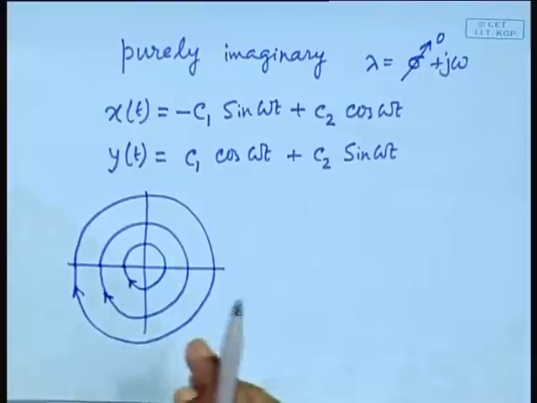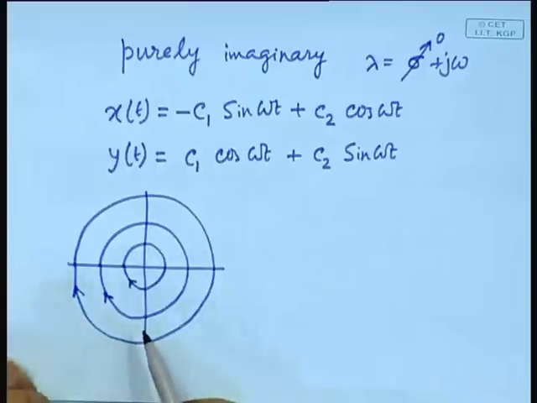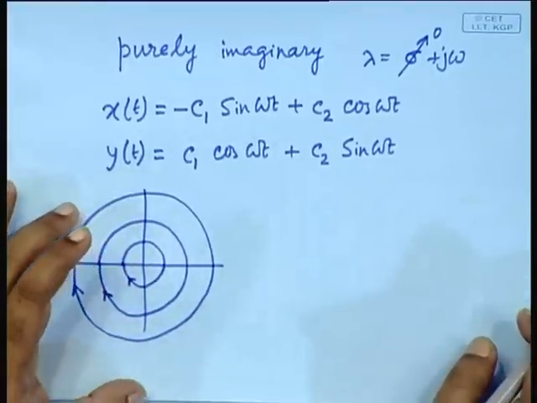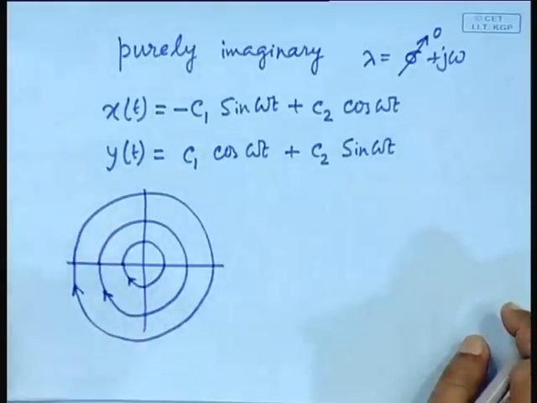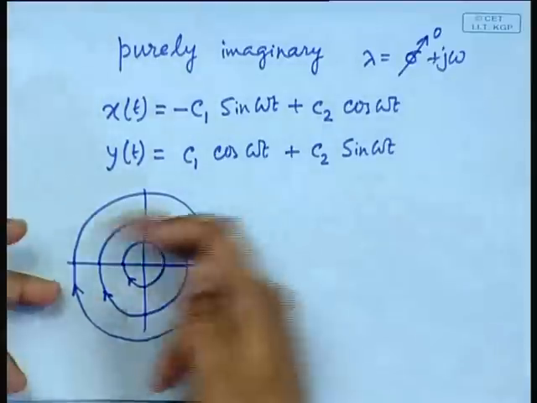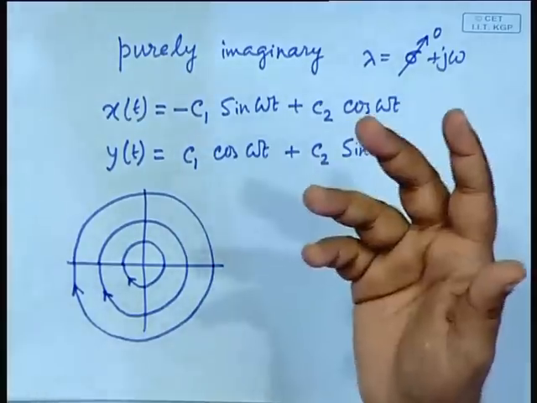Fine. So, if the eigenvalues are purely imaginary, you have a circular equation, a circular solution. But this circular solution is really, what should I say, a topological circle. It means that only if x and y are in the same scale do you get circles, and x could be the derivative of y, or y could be the derivative of x. Therefore, there is no meaning to the term that they are really the same scale.